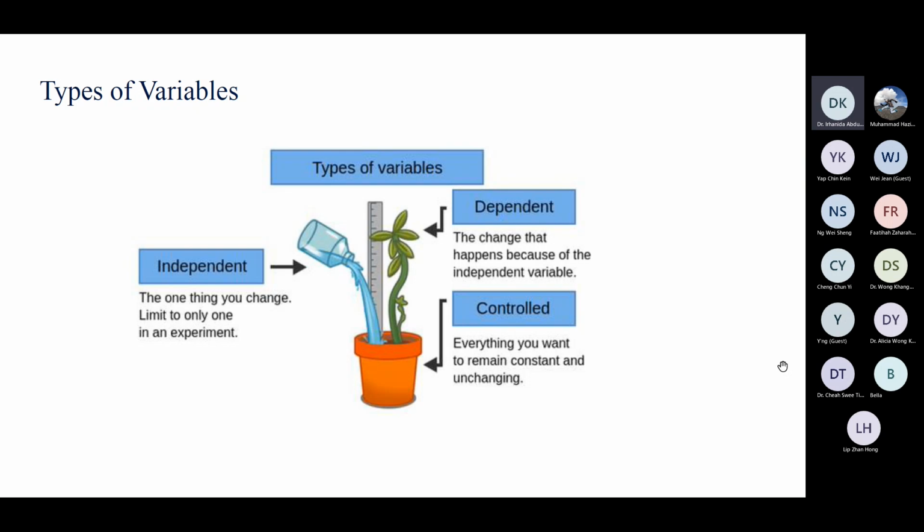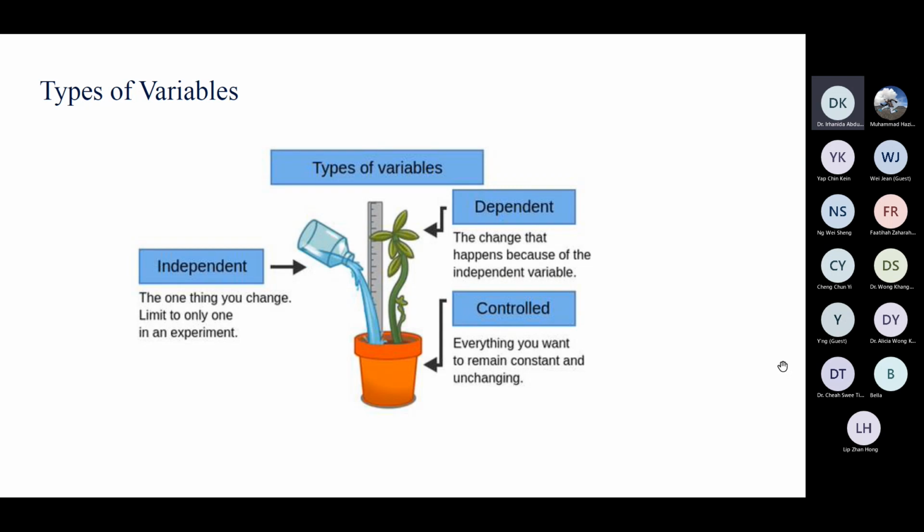The logic here is that the plant will grow if we water the plant, so the water will influence the growth of the plant, and we can measure it. The scale represents quantitative research. It is measurable, right?